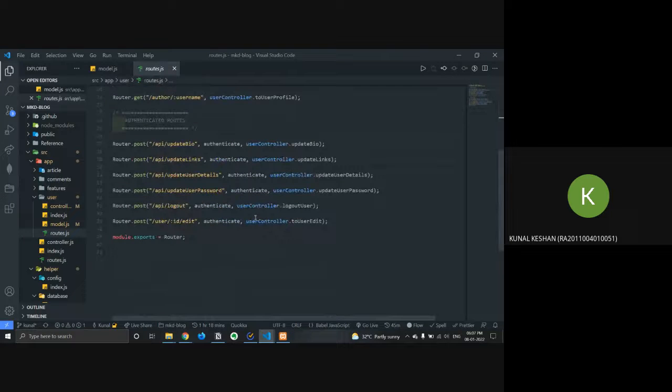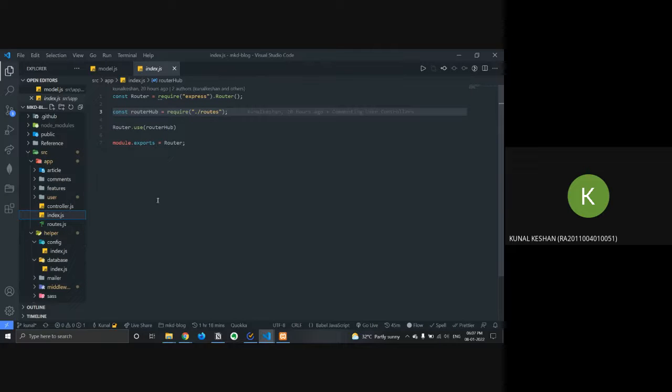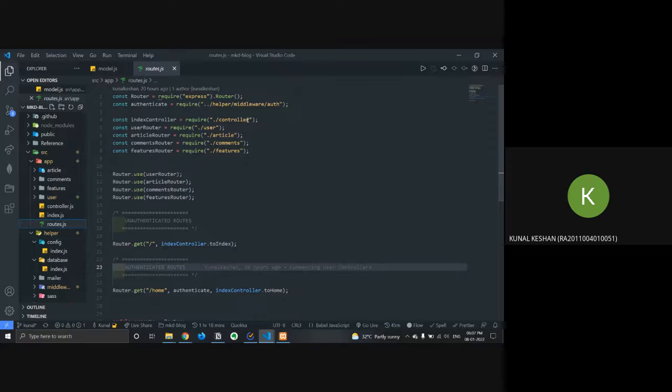Then I'm exporting it and taking it to my index.js as a user router, router.use, and then exporting that. To use that, I'm bringing it back over here. I'm getting the user router over here.